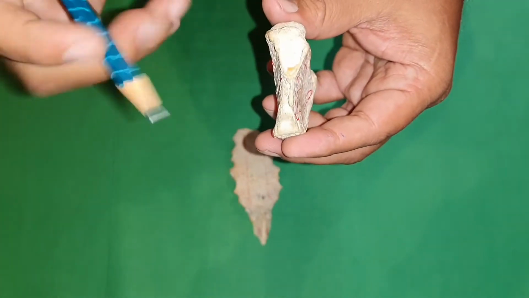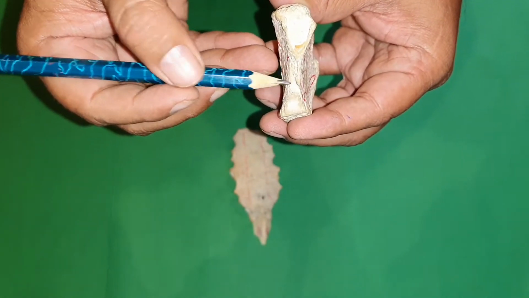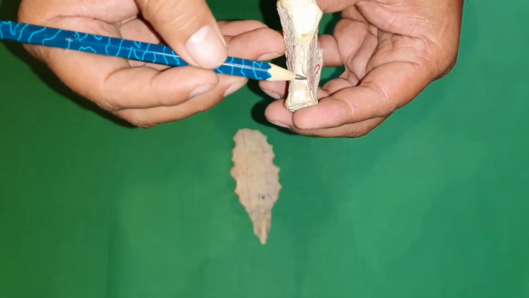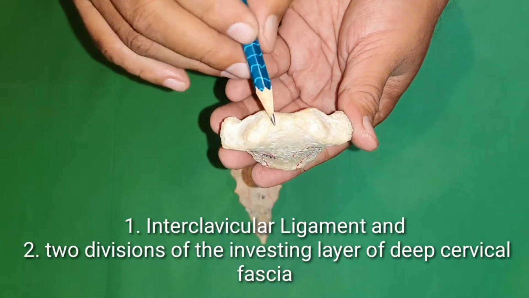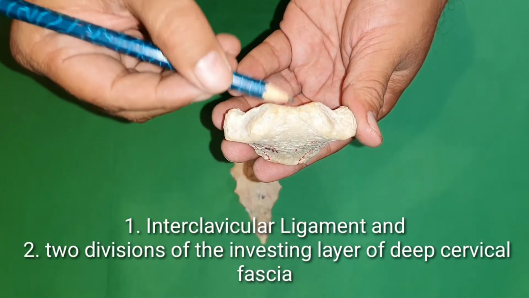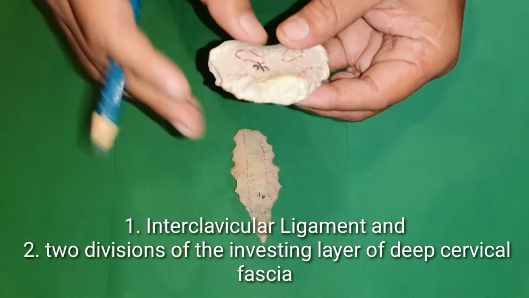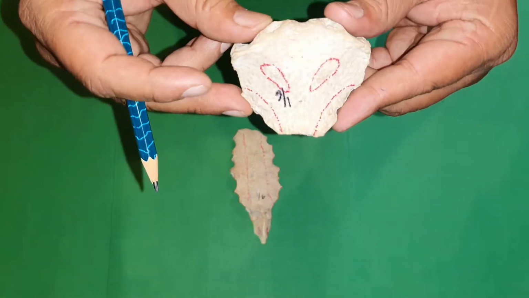If you see the lateral border, in the middle part, it gives attachment to what is known as the external intercostal membrane as well as the internal intercostal muscles. The superior surface, in relation to the sternal notch, gives attachment to the two layers of the investing layer of the deep cervical fascia. And inferiorly, as I have told, it forms the sternal angle. So this is in a nutshell about the manubrium.